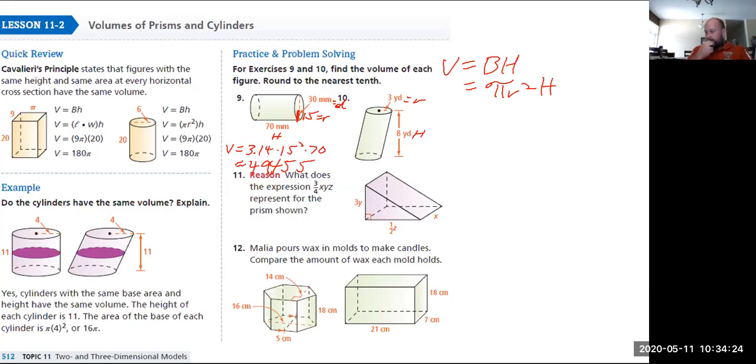All right. Now, number 10. Number 10, again, same type of thing. Volume, same formula. Again, we're plugging in 3.14 for our pi, since it's asking us to round. Our radius on this one was 3. And our height was 8. So again, plugging everything into the calculator one more time. 3.14 times 3 squared times 8. And that gives us a total of